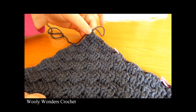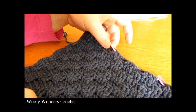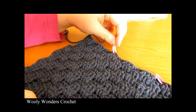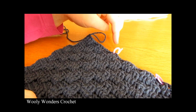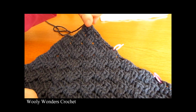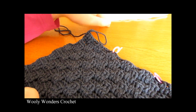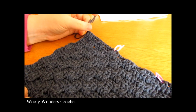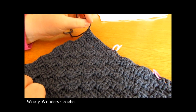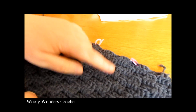So we will have our half double crochet, then we'll have front post, back post, front post, back post, and then a half double crochet to end, and then we'll do half double crochet, front post, back post, front post, back post, all the way along, and just continue to do that up until as many rounds as you like. And you don't have to finish on any particular round, as this is the last section of the front of our vest. You can finish on around 2, 3, 4, 5, it doesn't matter as long as both your straps